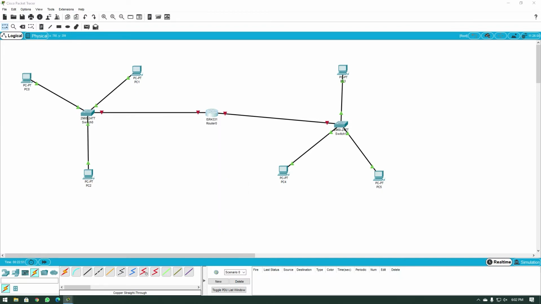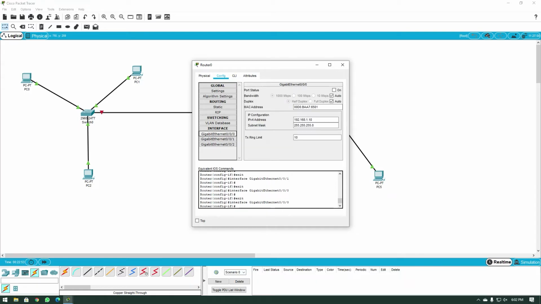So we click on the router over here, go to the port Gigabit Ethernet 0/0/0, and we say port status, we turn it to on. Then we go to Gigabit Ethernet 0/0/1, and we turn on the port status over here. The port status has been turned on, that is, it has been checked. That means the port has been turned on, it's up and ready to work.